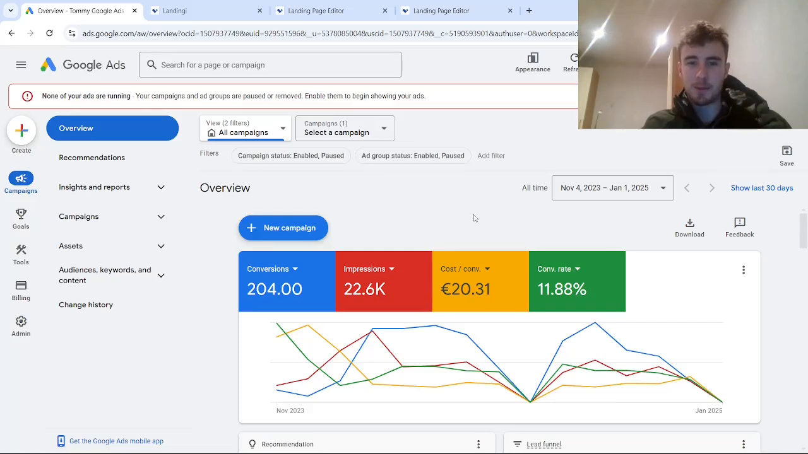In today's video, we're going to walk you through how to increase your conversion rate inside Google Ads. And firstly, before I show you how, we're just going to walk you through what the conversion rate actually is and why it's so important. So what your conversion rate is, it's a percentage of the amount of clicks that you get on your ads